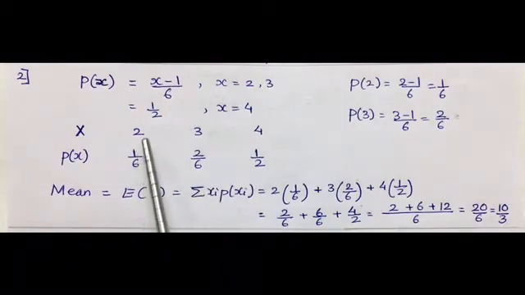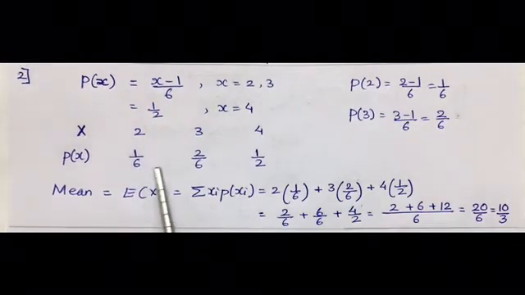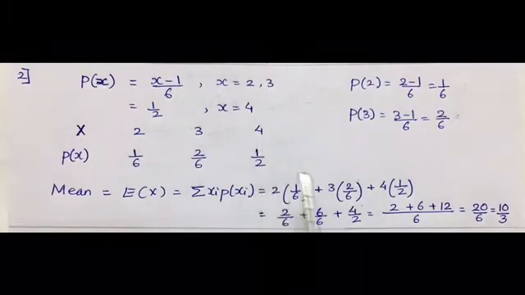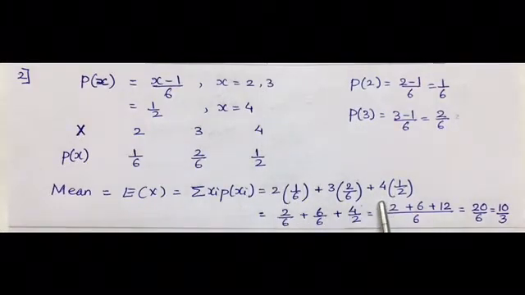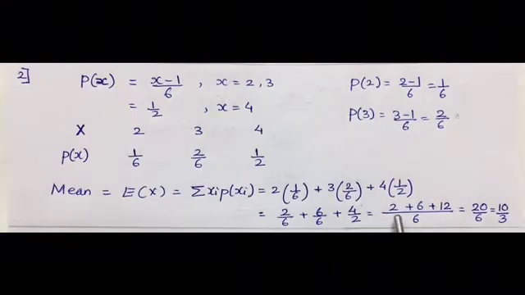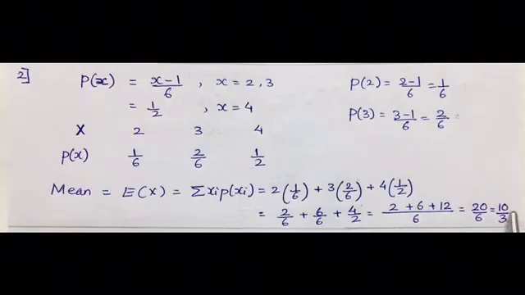Now xi means 2 and pxi means multiplied by its probability. So 2 into its probability plus 3 into its probability plus 4 into its probability, all the three are added. Adding them, 2 by 6 we get it, 6 by 6 and 4 by 2. Taking out 6 as an LCM, so 2 plus 6 plus 12 we get it, divided by 6, and adding them 20 by 6, and cancellation gives 10 by 3 as the answer.